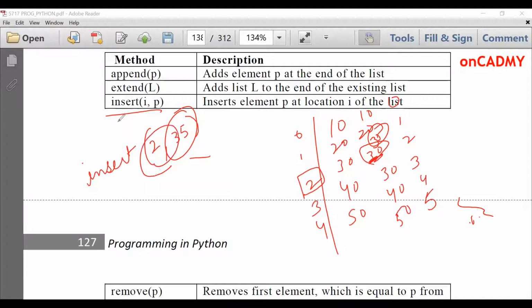In C, we need to implement the entire program by moving the elements downward, but in Python, it's very simple. By using the insert method, you can insert a new element in the list, and the new list now contains these elements: 35, 30, 40, 50, and 60.